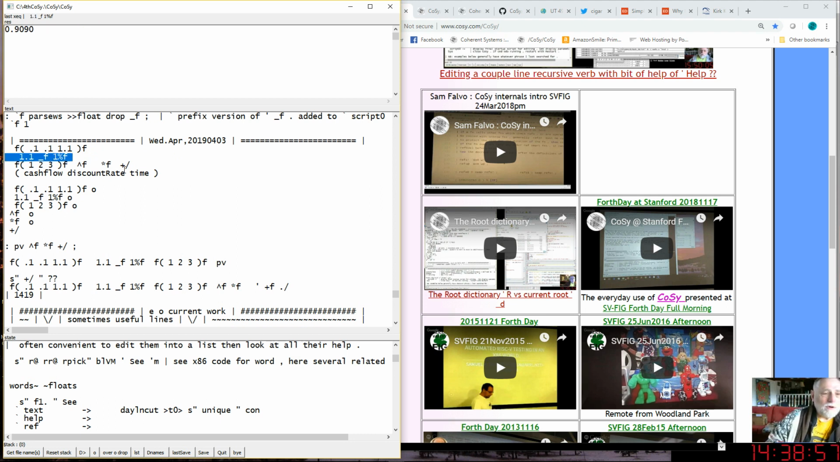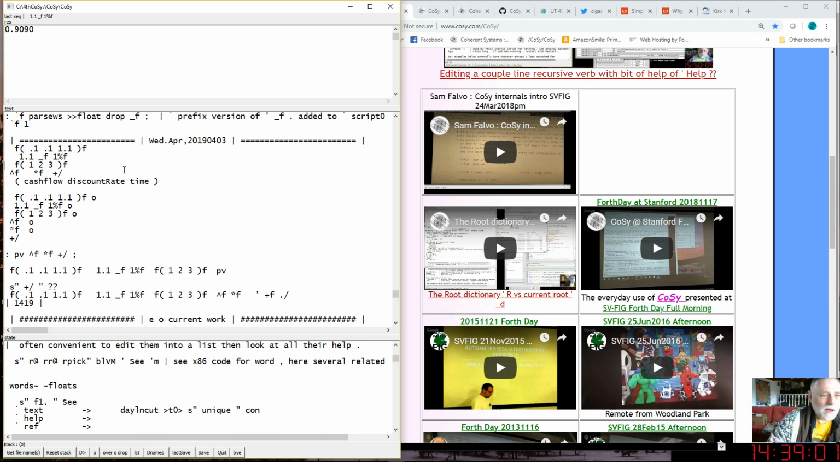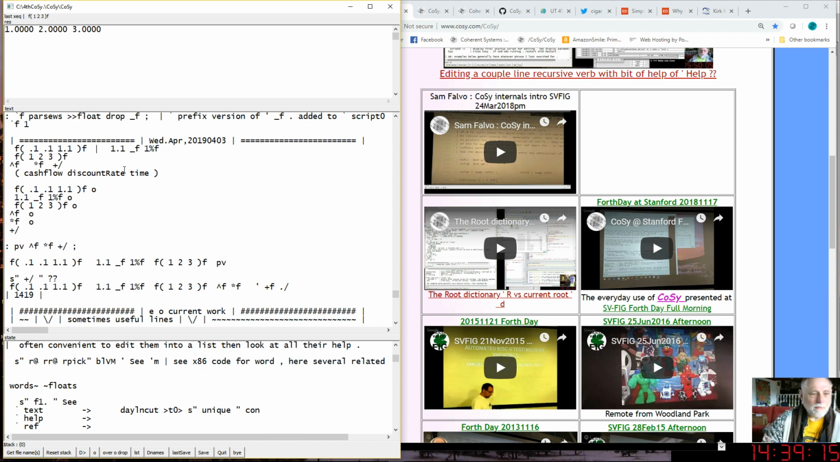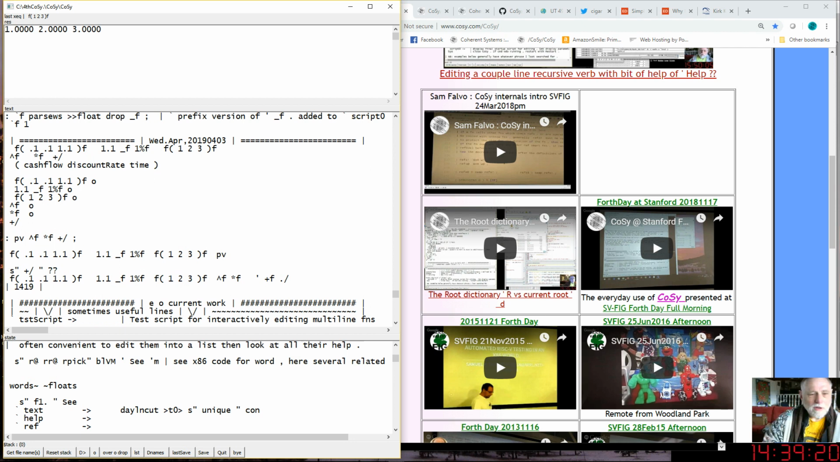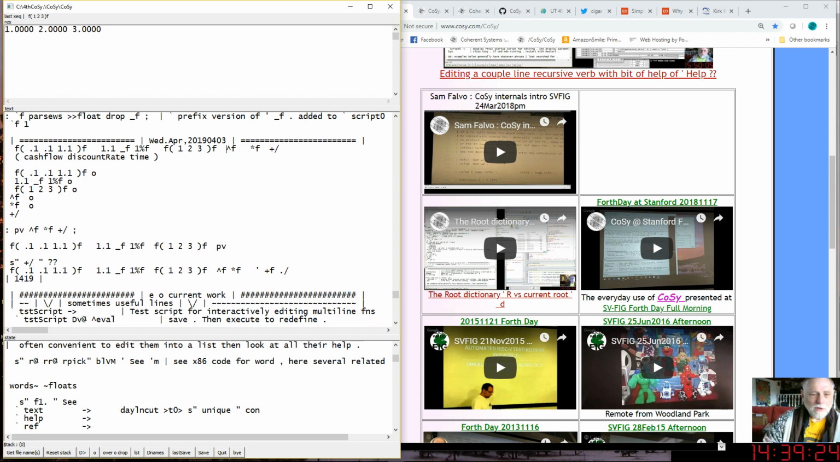There's the inverse of 1.1, and this is one of the things that's very convenient about what's called reverse Polish. Essentially, it's read a word, do it. Simplest possible format. And there are the three time periods, and what that's going to do is